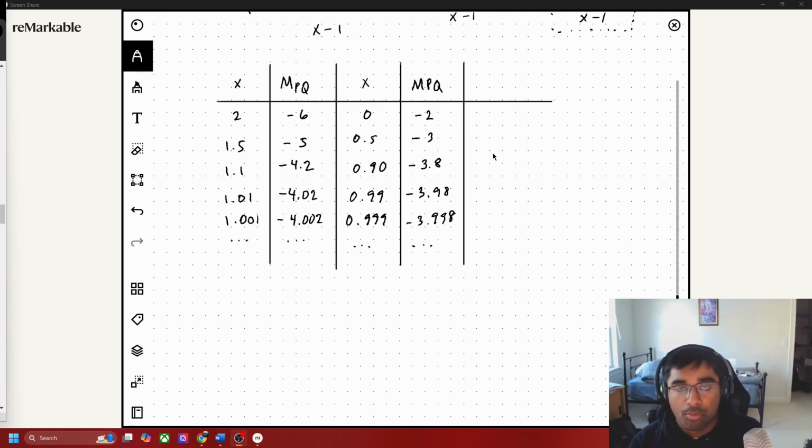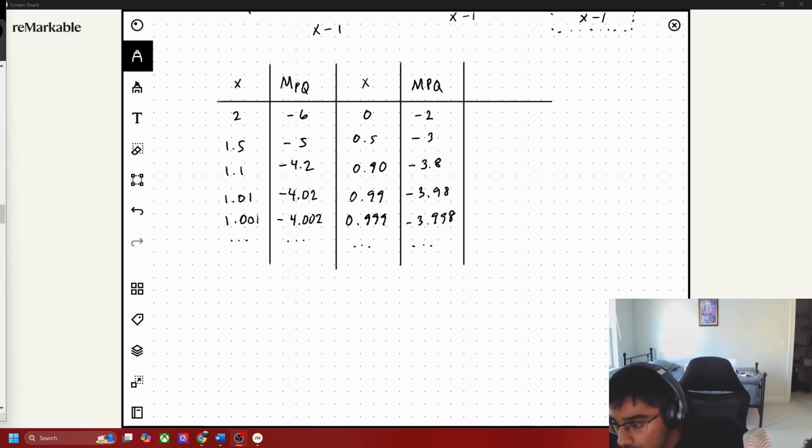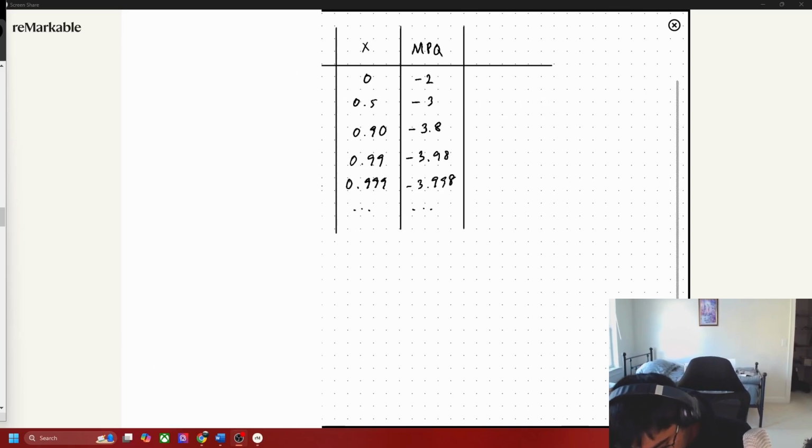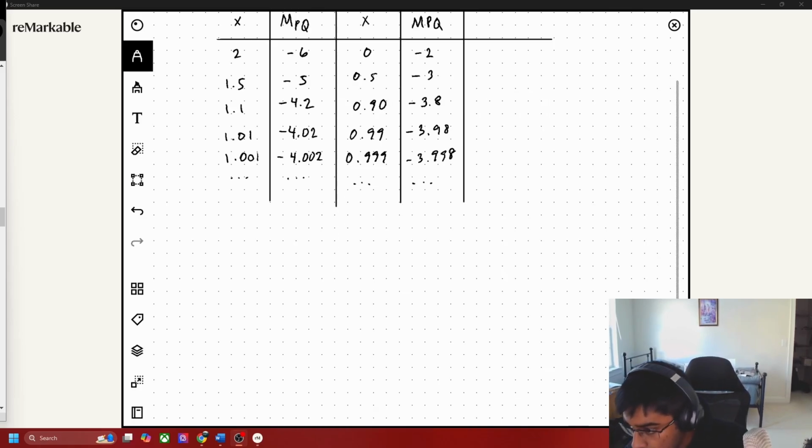Or I guess derived from our table, that's probably a better way to say it. So this really means that how you would write this now, I guess, is how we would write this in a problem. You would just write the secant lines of f of x